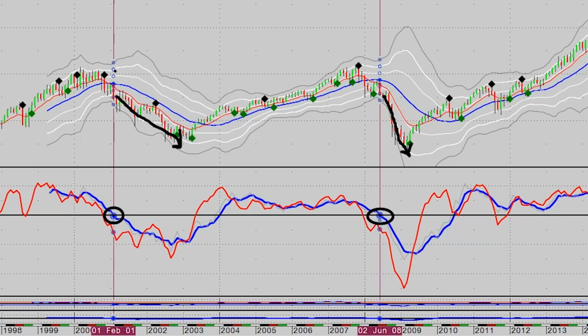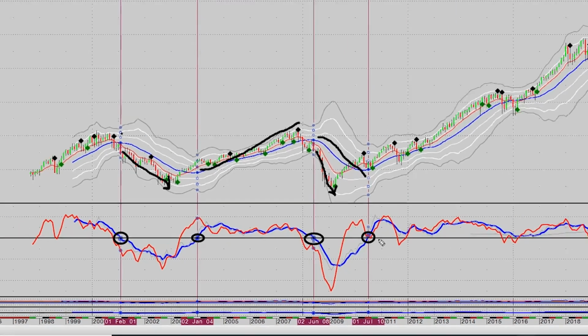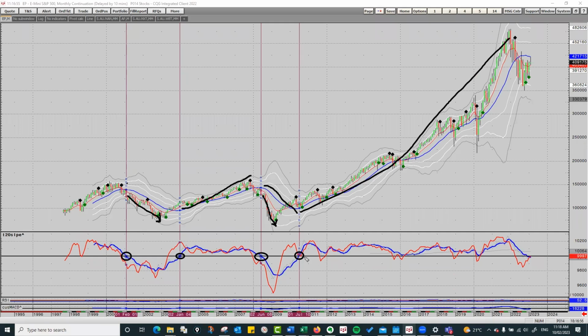And look at how good it's also been when the 20-month moving average has turned positive and the slope of it has turned up. We've had, you can see there, a nice bull market ensue. So if I just really focus in on those moments when we've got the 20-month moving average switching from trending up to basically turning and heading down, it's been pretty good in that S&P over that time, hasn't it? If we're saying this is the down period, this is the up period, this is the down period, this is the up period, and you can see this since July 2010, the slope